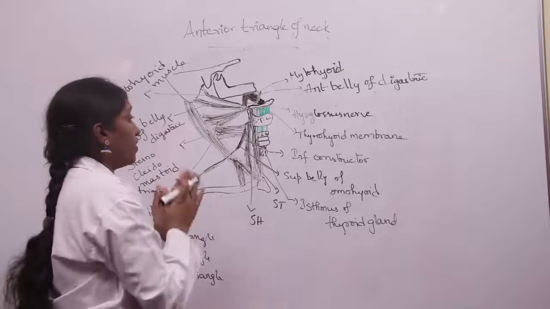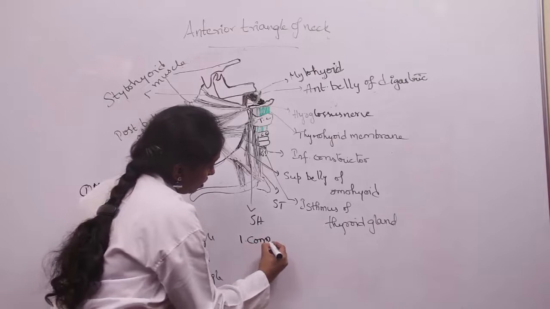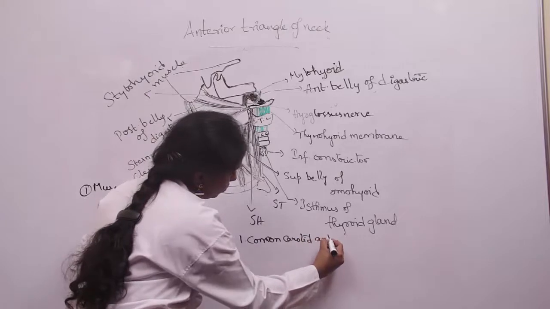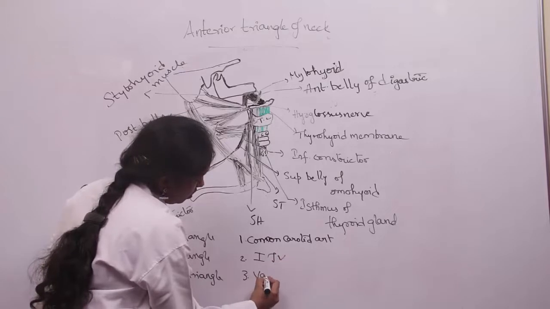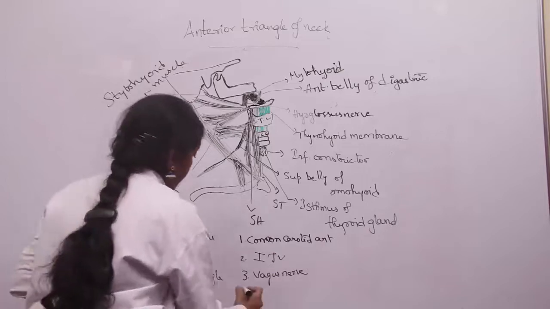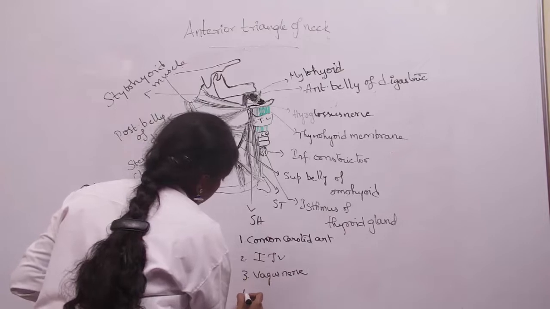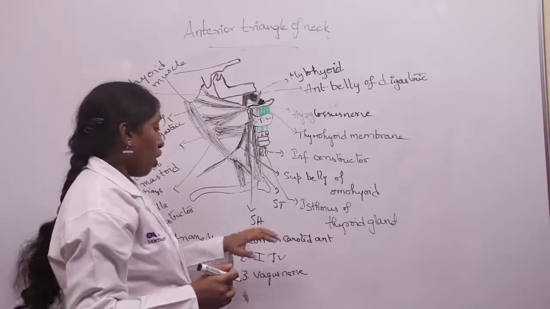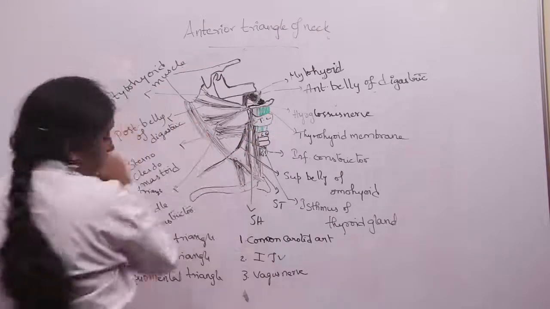And coming to the contents of the carotid triangle, we have common carotid artery, internal jugular vein, vagus nerve. So coming to the common carotid artery, the common carotid artery at the upper border of thyroid cartilage, at the upper border, so the common carotid artery